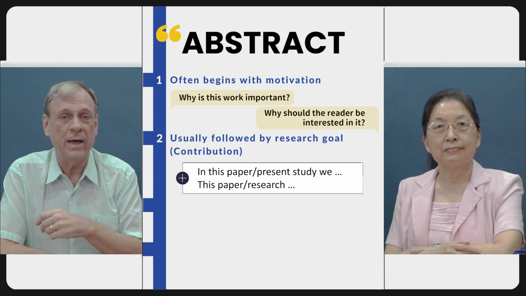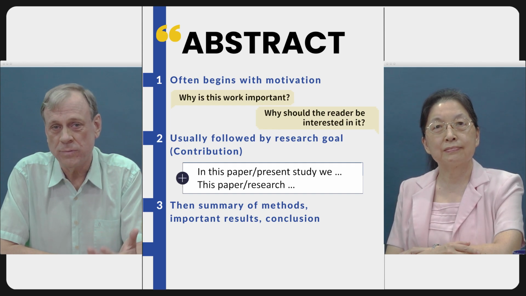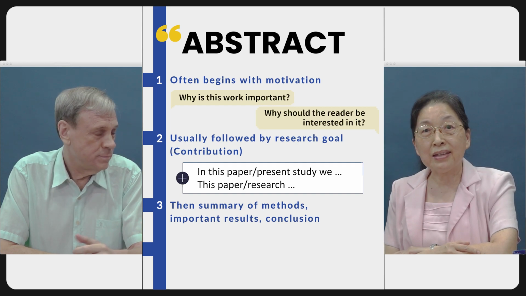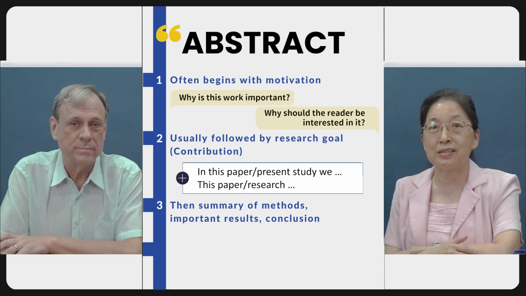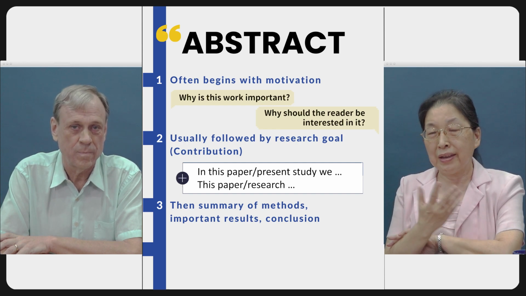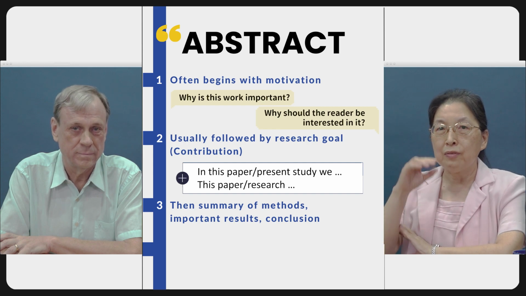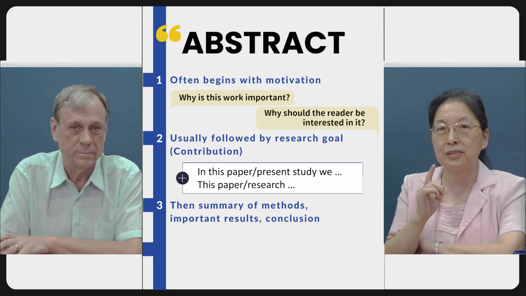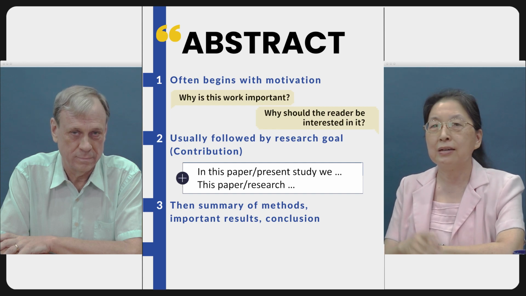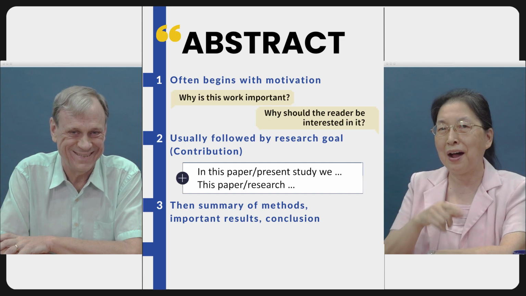And then after that, the second half of the abstract will be about the methods, the results, the discussion. Again, it depends on the number of words allowed for each abstract. So an abstract is very much like an advertisement. If you want to attract your customers' attention, you need to know what to put in the abstract so they know whether they want to read or buy this product.